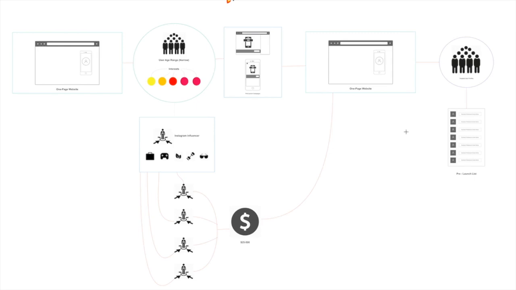Now, there are a lot of moving pieces. This is a really simple overview of how this works. There are a lot of moving pieces that we teach further on, but I did want to give you the initial framework that you can follow. So take this blueprint, watch this video again, download the influencer script, so that way you can go through this process, and you'll be able to set up your pre-launch campaign. So I just wanted to show you this quick video, so that way you can have your Kickstarter kit and get your app launched and get your pre-launch strategy going, because that's going to be crucial,